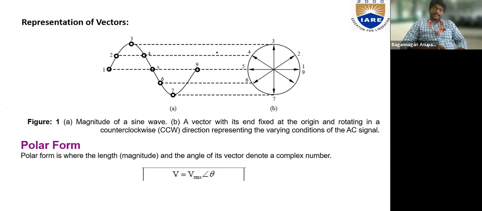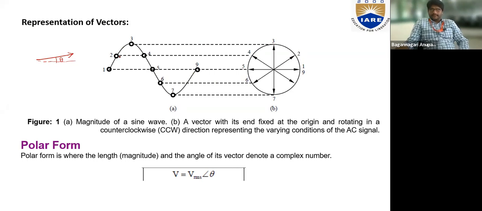So whenever it comes to a vector, what is a vector in general? I already showed you a waveform where it is shown as a sinusoidal yesterday. We took 45 degrees of angle, and for every 45 degrees we have shown like this, right? The same is shown here. From position 1 to 2, it is 45 degrees. From 2 to 3, 45 degrees. So this is the maximum peak the vector shows. And as already said, the length of the vector represents the magnitude of the quantity, and with respect to some reference, the angle deviation is known as phase or phase difference, right?